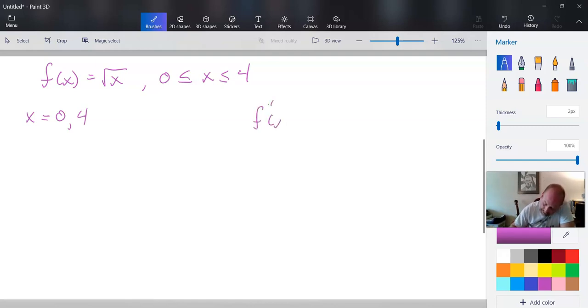So we want f prime of x. Let's see here, the square root of x can be written as x to the 1/2, so I'll look at it that way. If I do that, I end up with 1 over 2 times the square root of x is what it ends up being. I just used the power rule and converted it back to a square root. If I set that equal to 0,